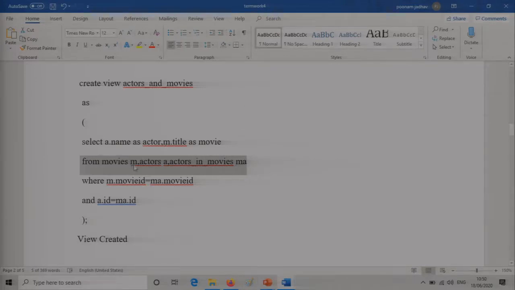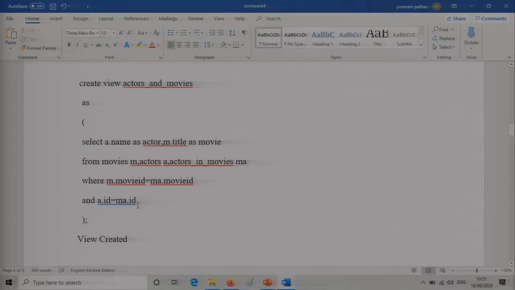From which tables? From the movies table and actors table. Definitely this relationship table is involved too, and it has been given the alias MA. Movies table is given alias M, actors as A, and actors in movies as MA.